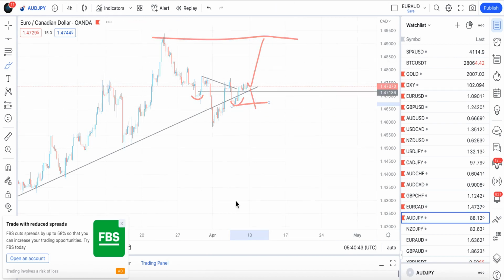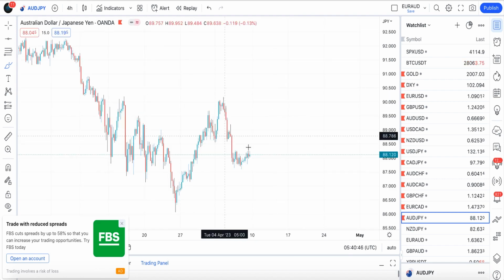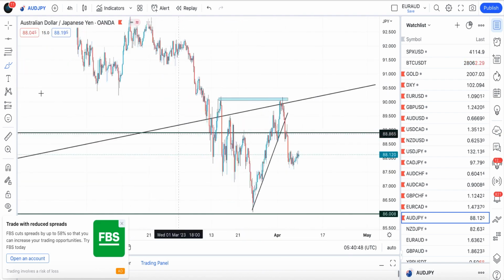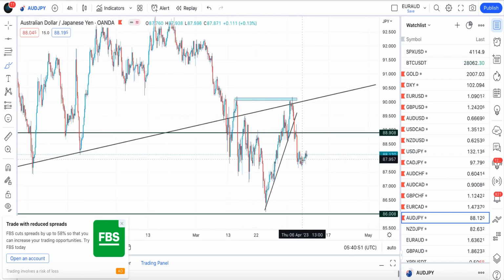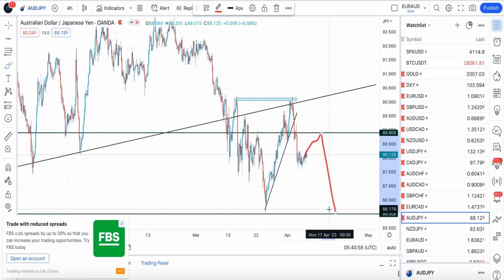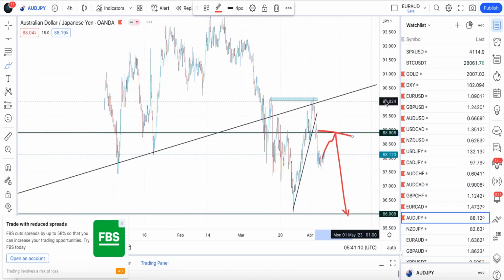Anything below this second shoulder, we might not be taking the buy position right there. So the last one I want to check is AUD Japanese yen. So AUD Japanese yen is to the downside. So what I'm looking at is a retracement to this level, then a decline to 86.00, at 86.021. So that's what I'm looking at. This is where I'm looking to take my short position on AUD JPY.